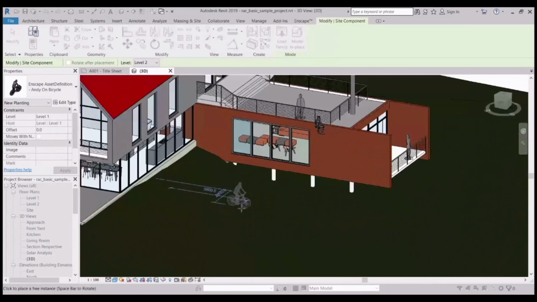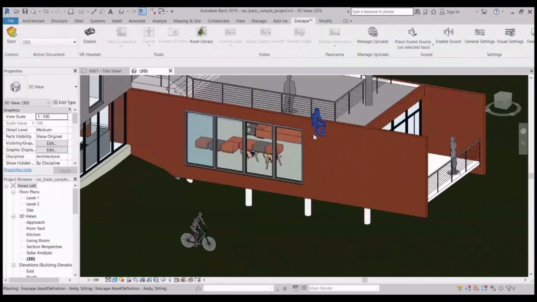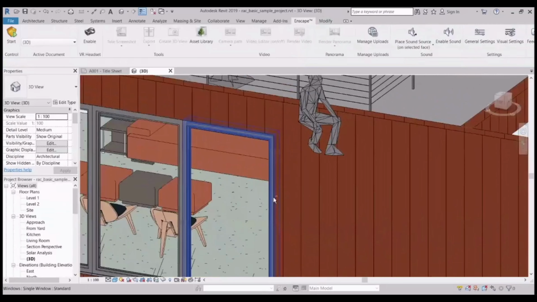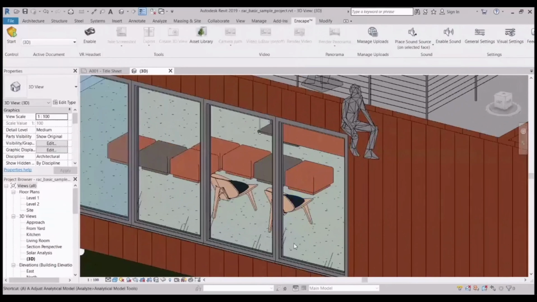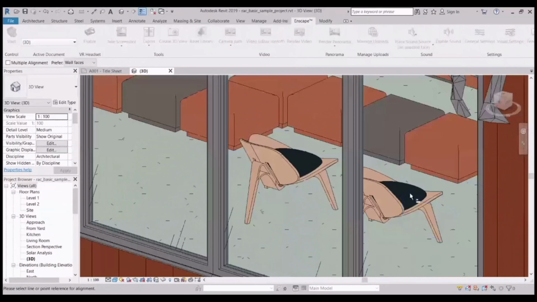Let's place him here. Now you can place, see. You have to place at the right place.